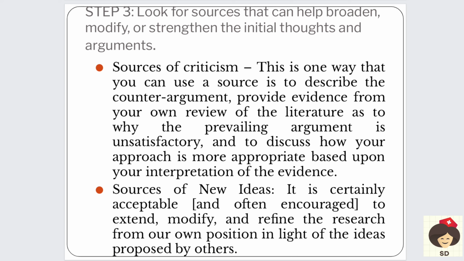So we have to see the sources of criticism and sources of new ideas. Sometimes we will have some idea, which may be a very narrow idea, that means some smaller idea. So